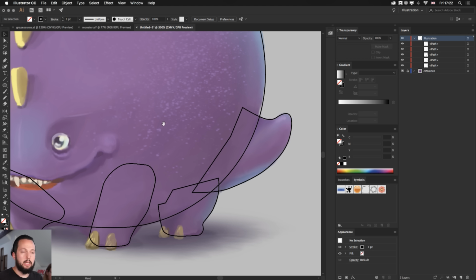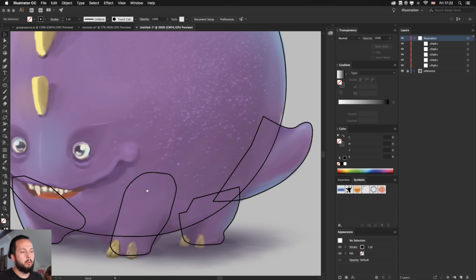So you can use Pathfinder or Shape Builder to join shapes together or subtract them from each other. We will be using that feature, but to be honest, for these details we won't need to do that. So we don't need to create one big silhouette, because it's better to keep these elements independent from each other. You will see why. For the shading part it will be important. So some details are better to be kept apart, not joined together, but whenever you want to join details together,